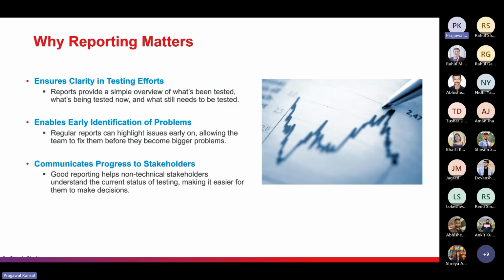And the next one is communicating progress to stakeholders. That is an important part. Not everyone involved in the project is a technical expert, right? Clear reporting allows non-technical stakeholders to grasp the current status of the testing, which is essential for making informed decisions. So if I take an example of this part, there are some parts of